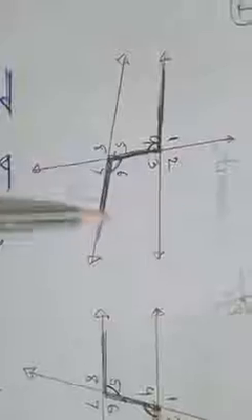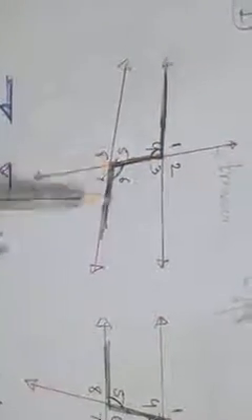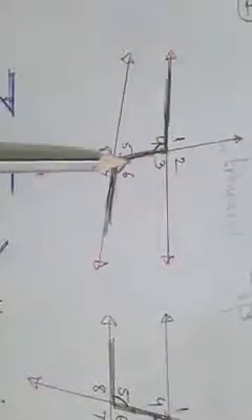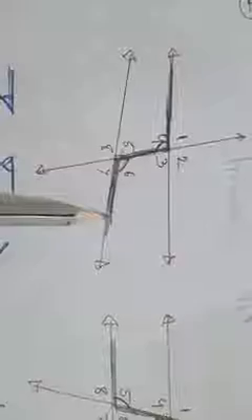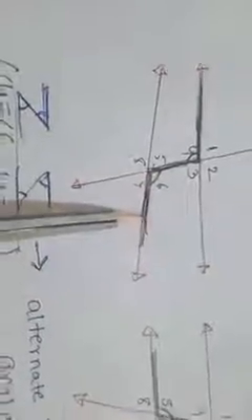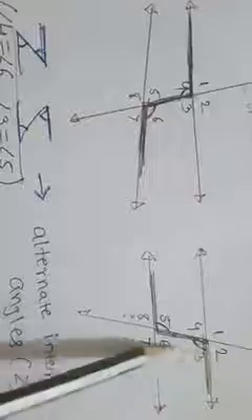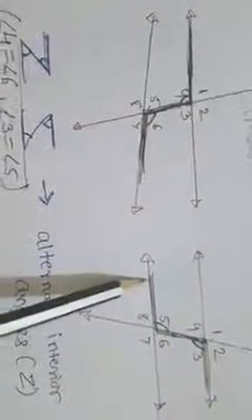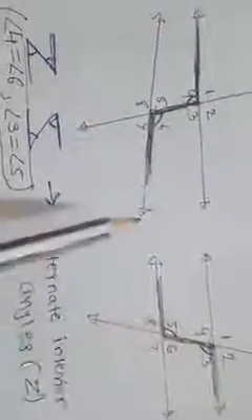Clear? Now I highlighted some part. See this part where my pencil is running. This part is nothing but your English alphabet type shape, like a Z. Which shape? Z shape. This is Z shape. Likewise this is also Z shape. It is not exactly Z, but it is like a Z shape.